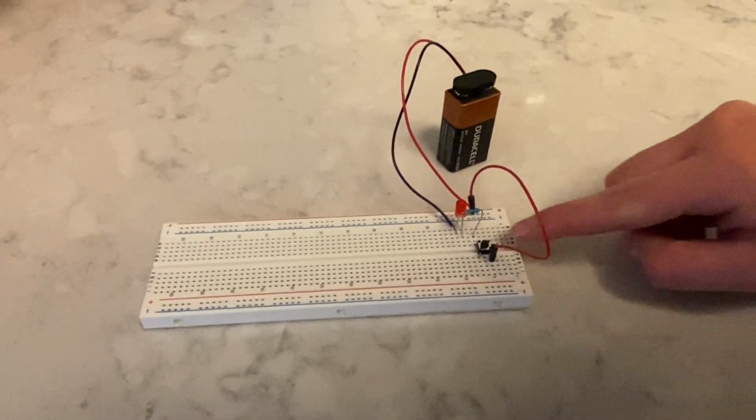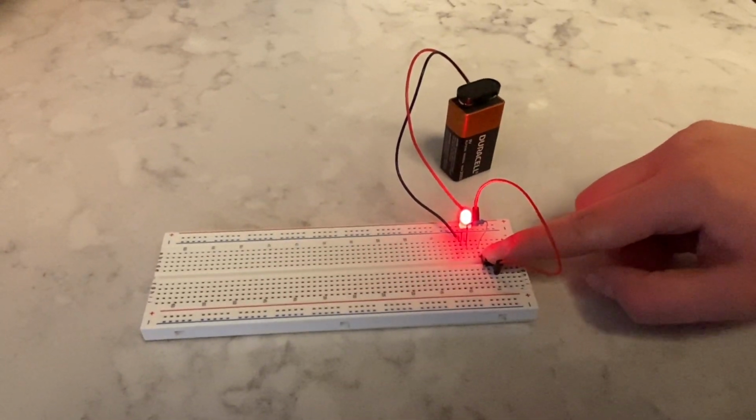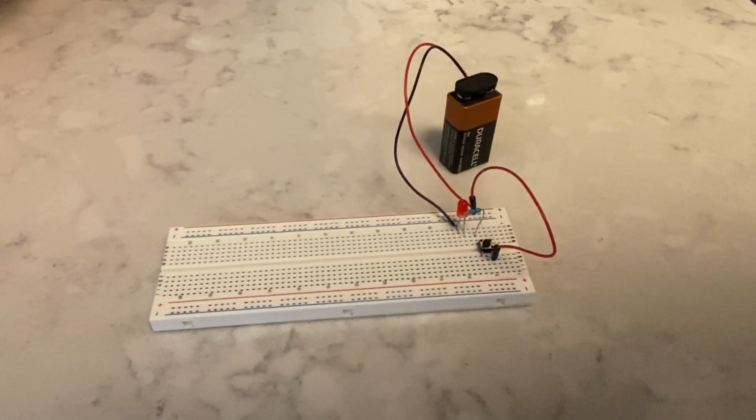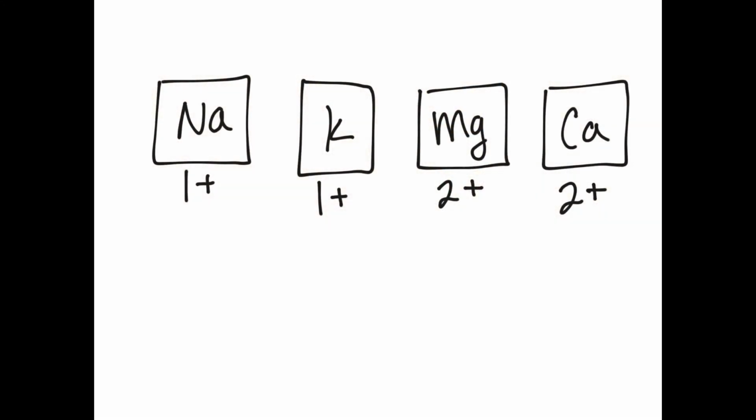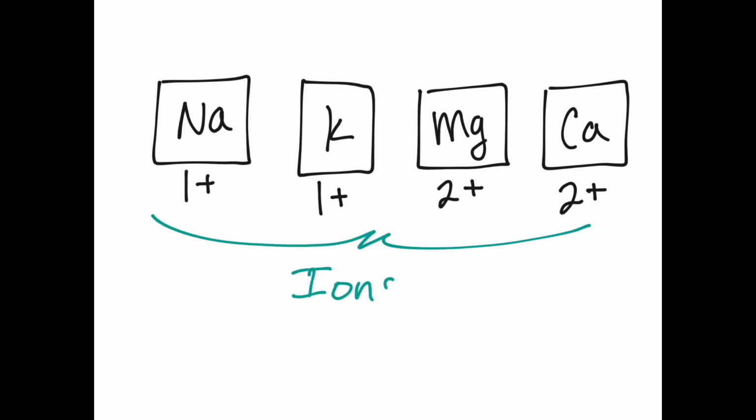What if I told you that the electricity flowing from the battery to the light in this circuit is really not much different than the electric signals traveling through your body right now? Elements in our body, like sodium, potassium, magnesium, and calcium, all carry a specific charge. These are called ions, and pretty much all of the cells in our body can use these ions to generate